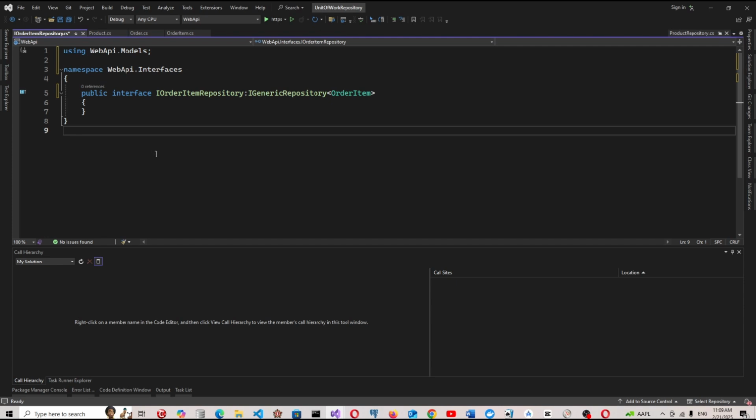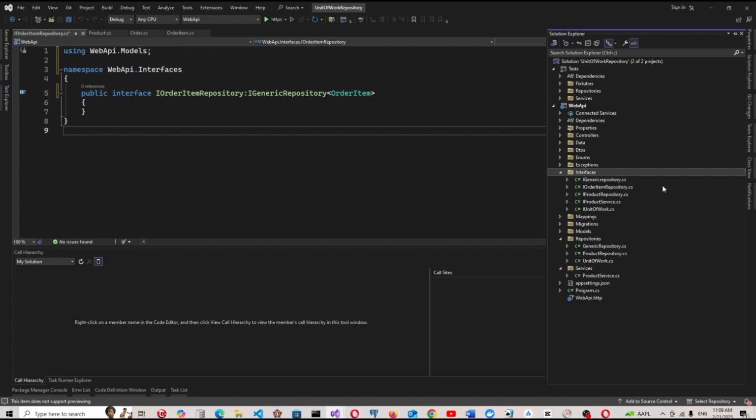Okay, so now we have this order item repository interface,